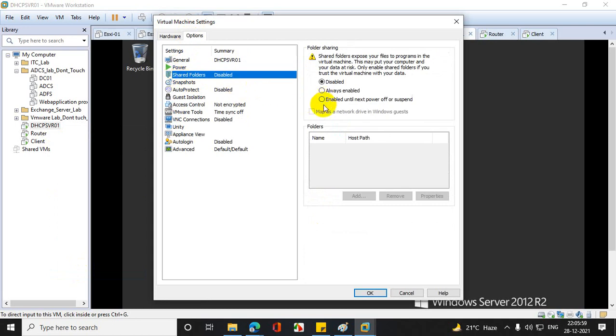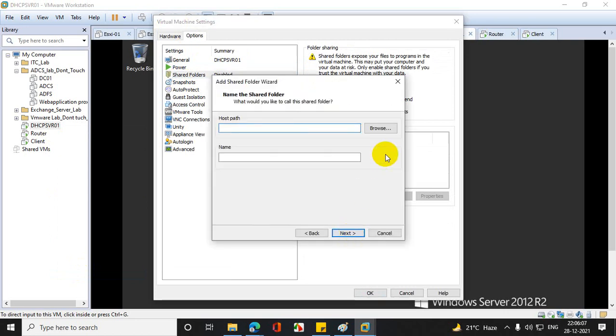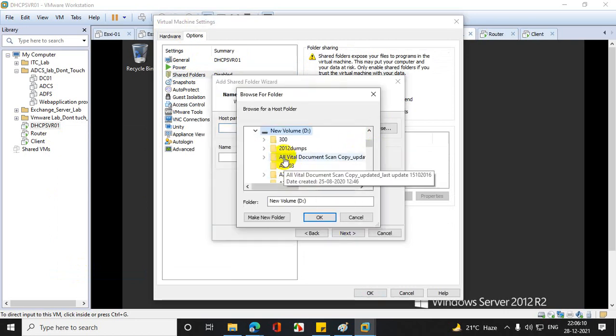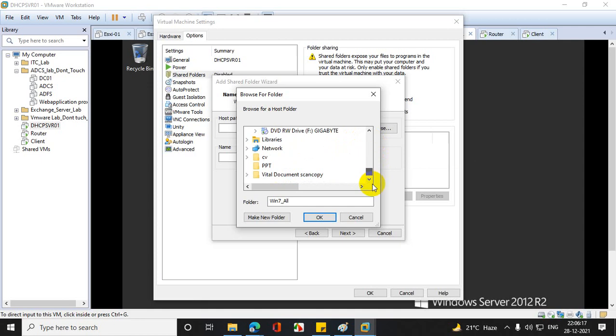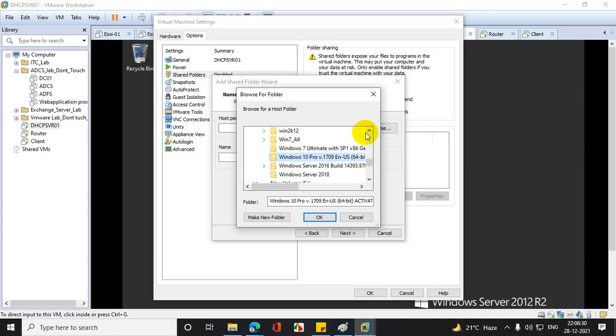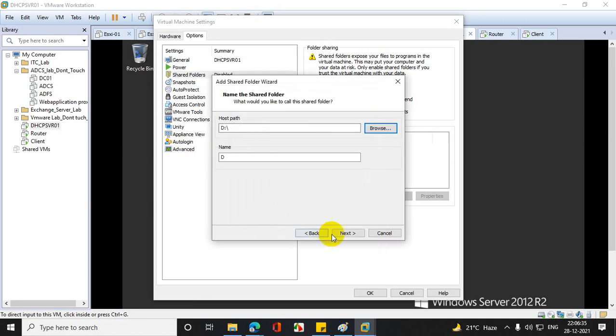Shared folders enabled. Okay, leave it. I'll just put it here on my D drive.